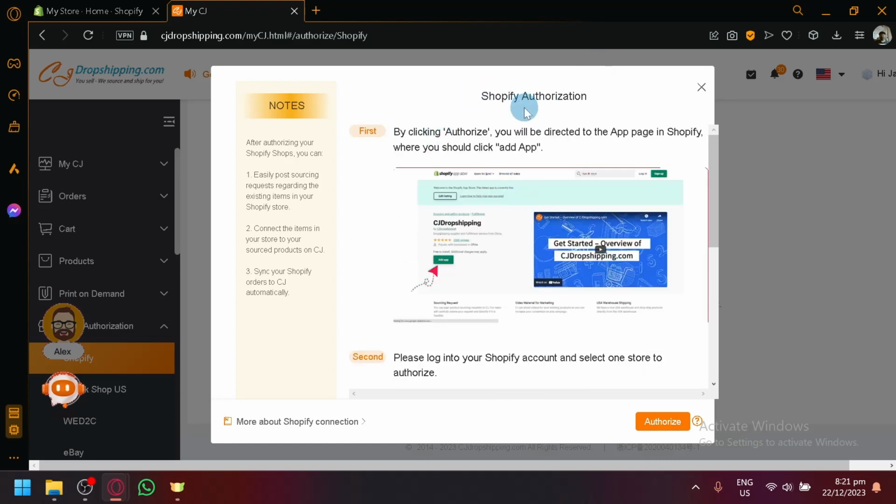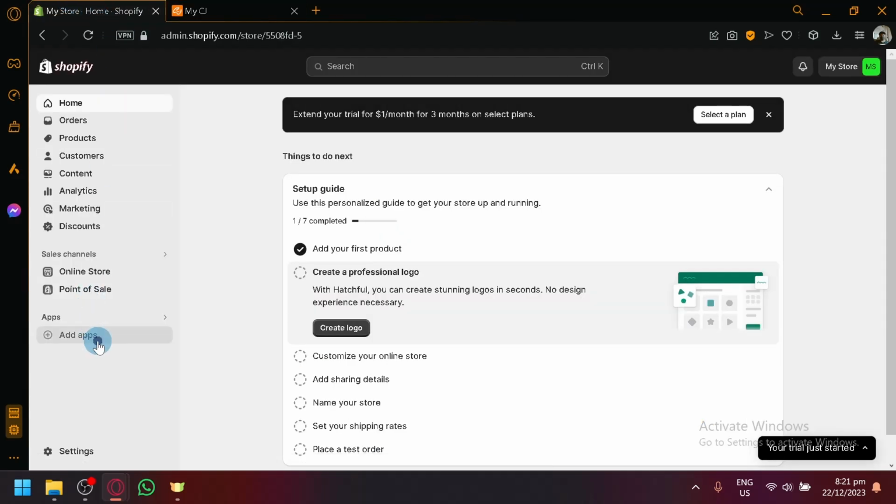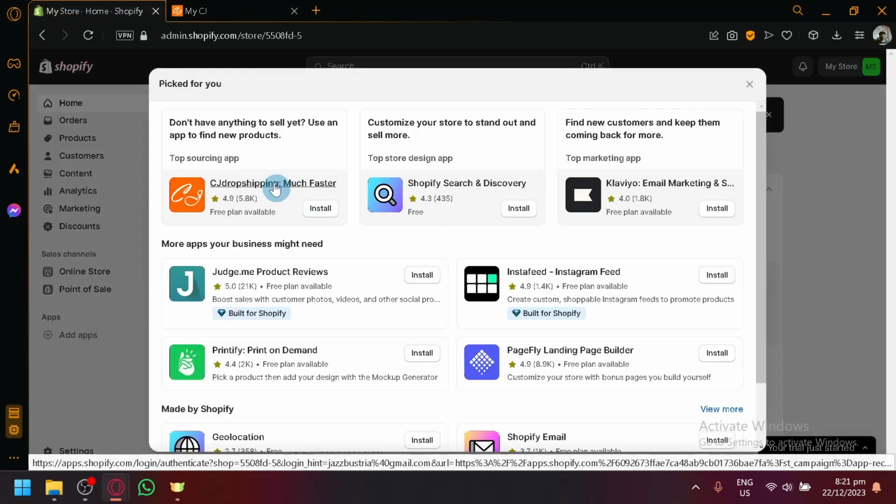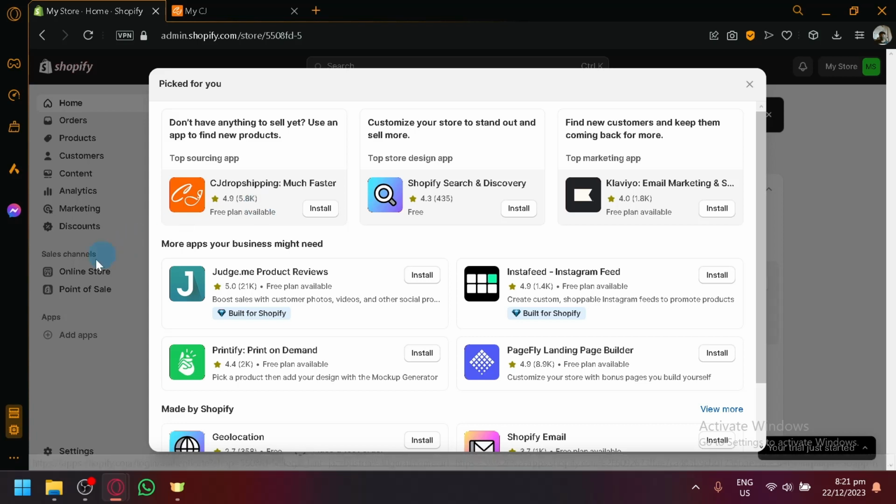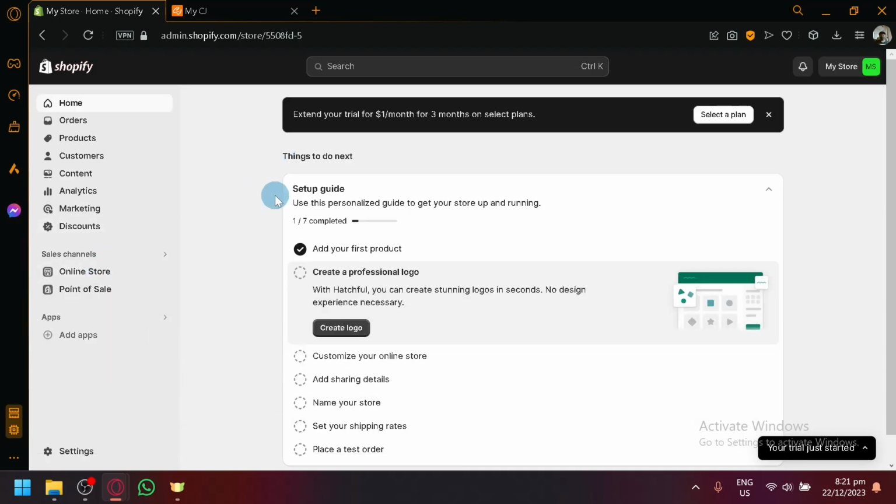You will be redirected to Shopify, to the App Store or the app page, where you will be able to install the CJ Dropshipping app. So if you go over here in your Shopify, it is over here, CJ Dropshipping. There's a lot of people using it. It has a 4.9 review from 5.8 thousand people who have reviewed it previously. So you already know that it is a very reliable app